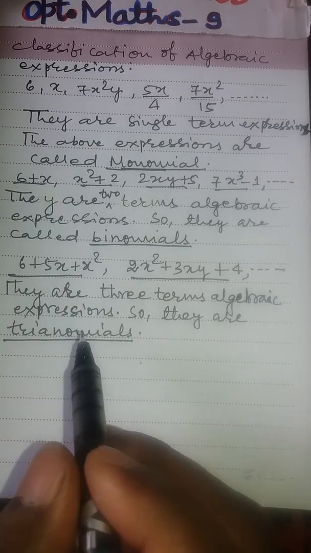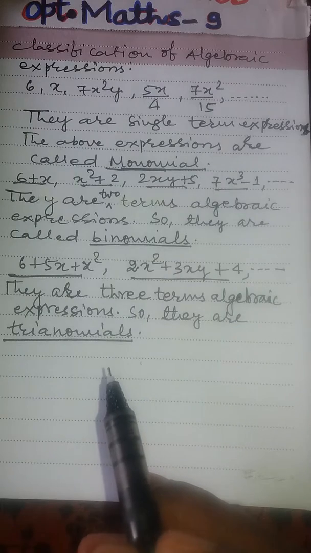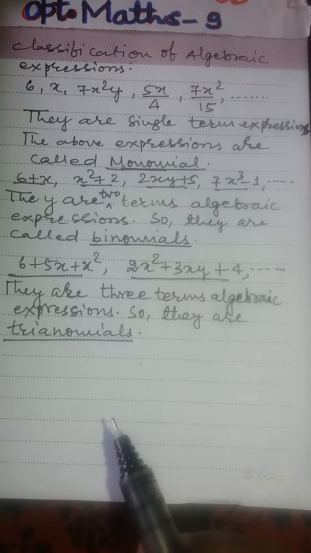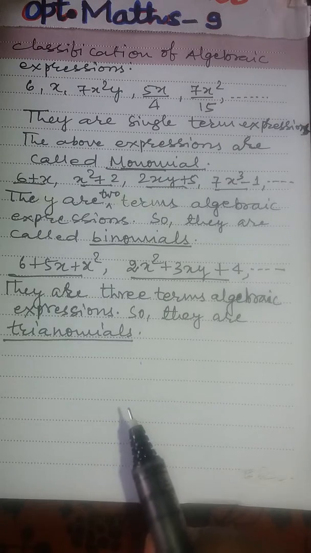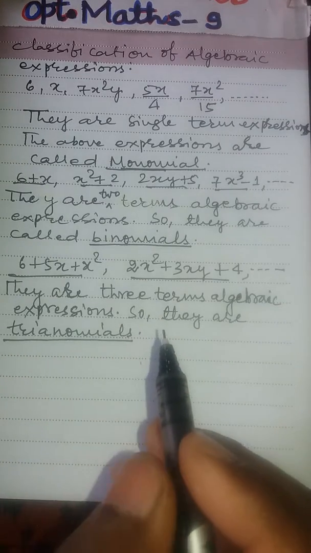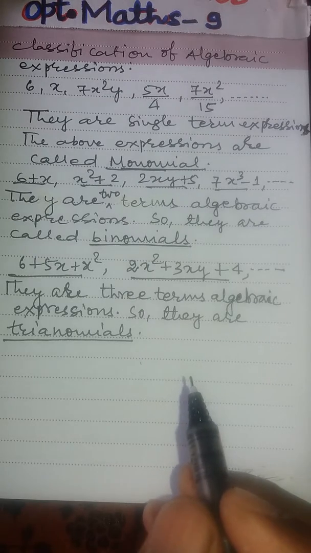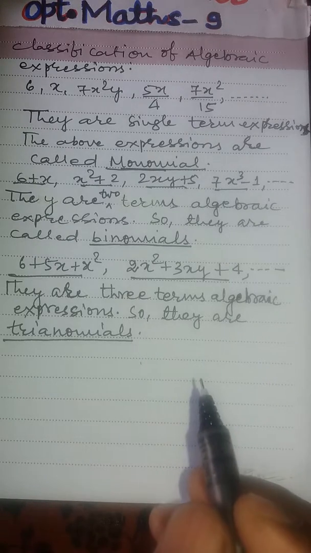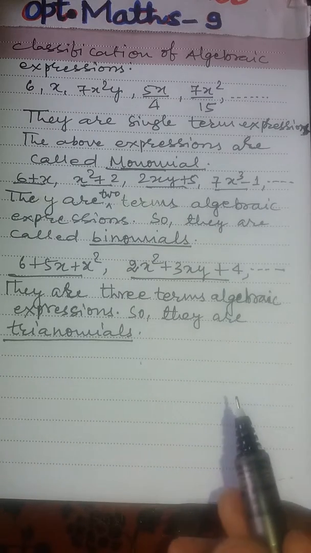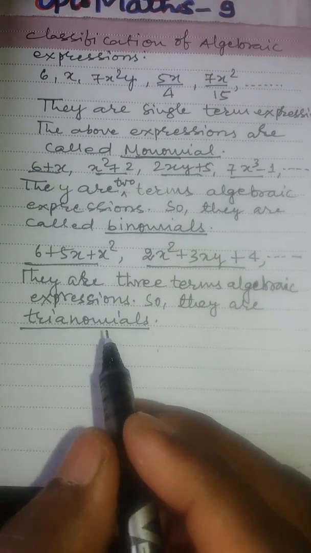Dear students, if there are more than three algebraic terms in an expression, what is the name of that expression? Let's see. If there are more than three terms in an expression, that is called a polynomial. Monomial, binomial, trinomial, and after trinomial, poly means many more terms. So we'll write here